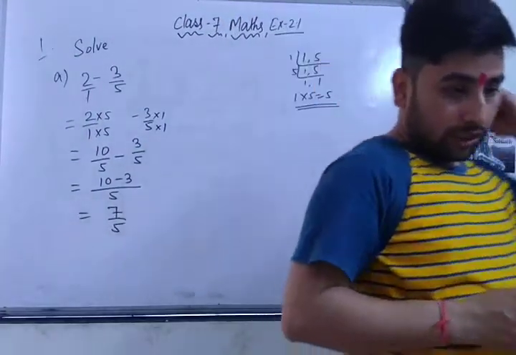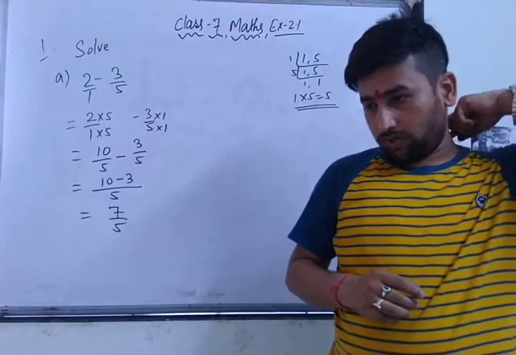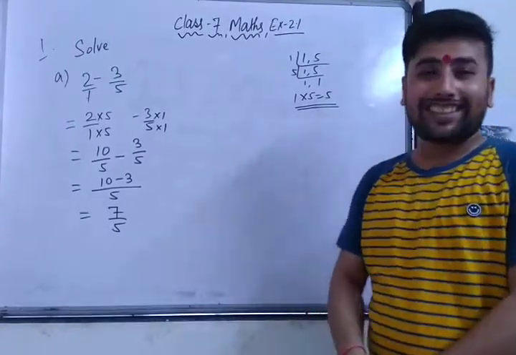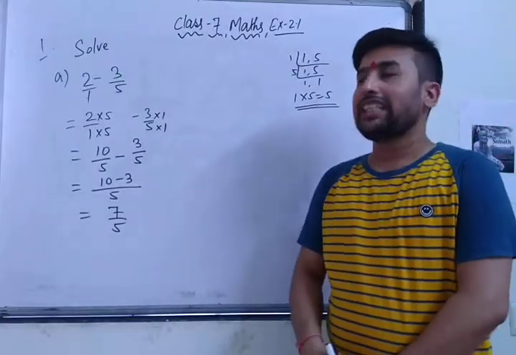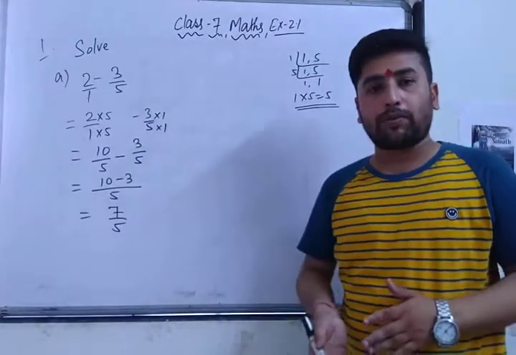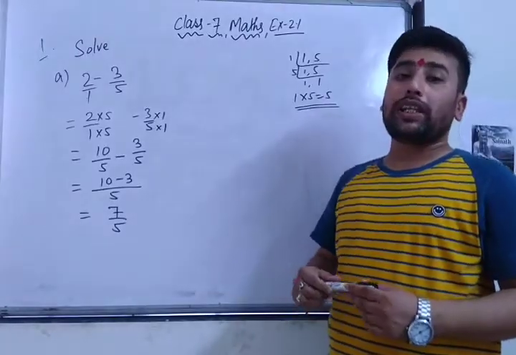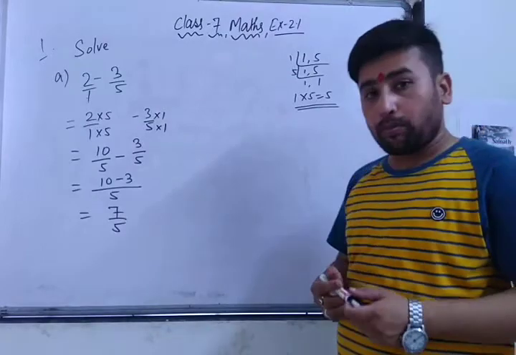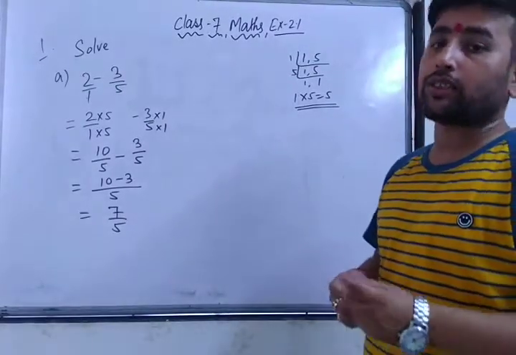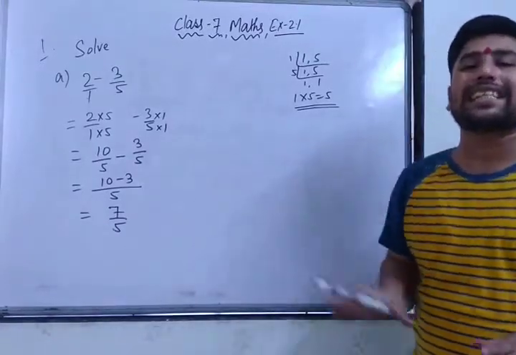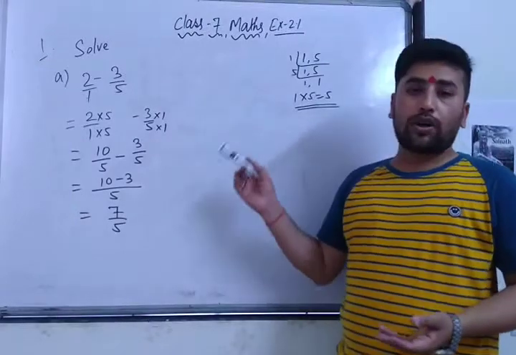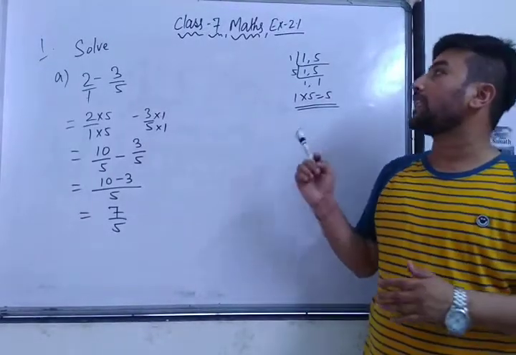Now you will ask me, sir, you have told that you have cut only 5 parts, and how do 7 parts come? This is an improper fraction. These are all the things we have studied in standard 6 about proper fractions and improper fractions. When the numerator is greater than the denominator, it is called an improper fraction. When the denominator is greater than the numerator, then it's called a proper fraction. So that was just an example to make you understand what the question wants to see. Right? So I hope all of you have understood this first question of exercise 2.1.